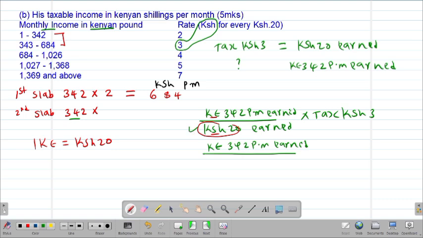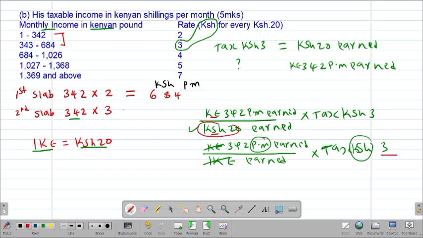The 20 Kenya shillings is equivalent to 1 Kenyan pound. So divided by 1 Kenyan pound, which of course is also being earned, then multiplied with a tax of 3 shillings. So the Kenyan pounds will cancel out. Clearly our answer will remain to be in Kenya shillings per month. Then we'll multiply by 3, and our answer will be in Kenya shillings per month. So you take 342 multiplied by 3, your calculator will give you